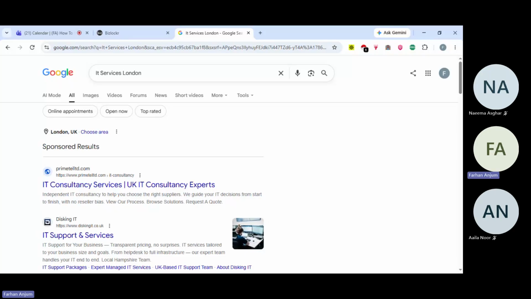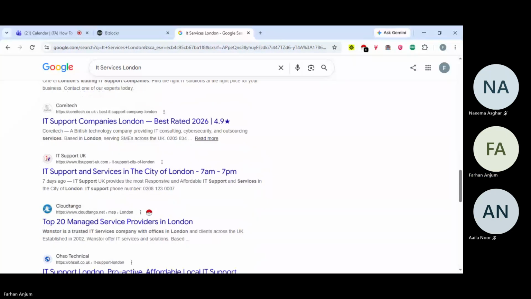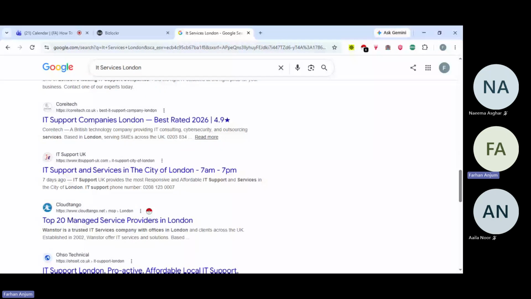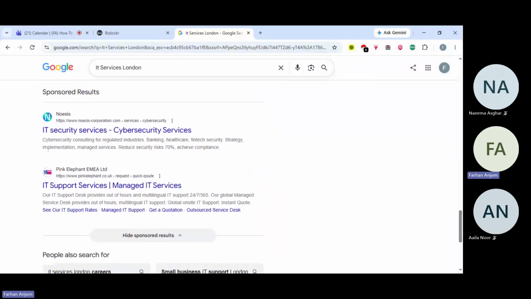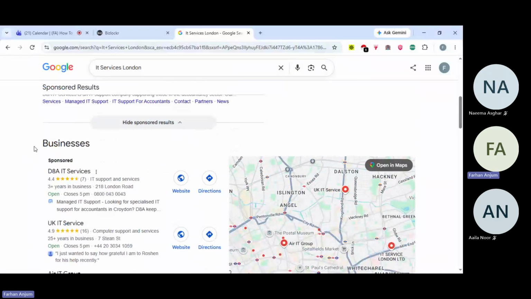Now, there are lots of things that we can see, lots of websites, lots of results. Within these results, there is one thing that we are getting, and that is by the name of business. Have you ever wondered what this is basically, and how it works and why it works, and what the essentiality and importance of this thing is?